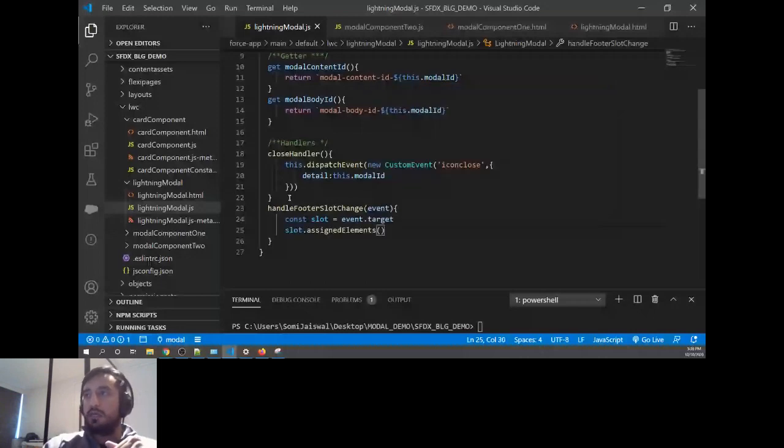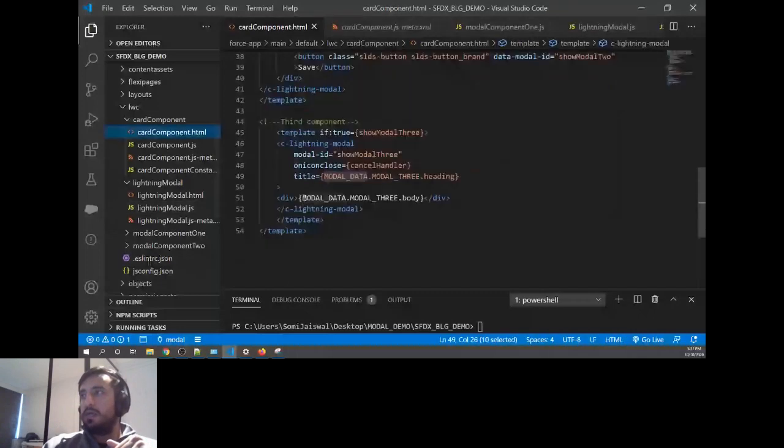So what I mean here is, if from the parent you are passing 2 buttons in the footer, it will receive 2 children. If there are 3 buttons or 3 elements, 3 children, like that, it will tell you in the form of an array. So if it is an array, it will always give me the length, right? And if length is not equal to 0, it means something is coming in the slot of the footer.